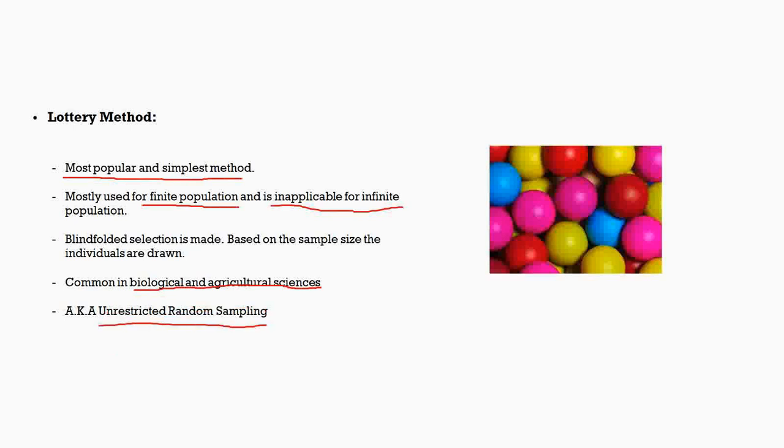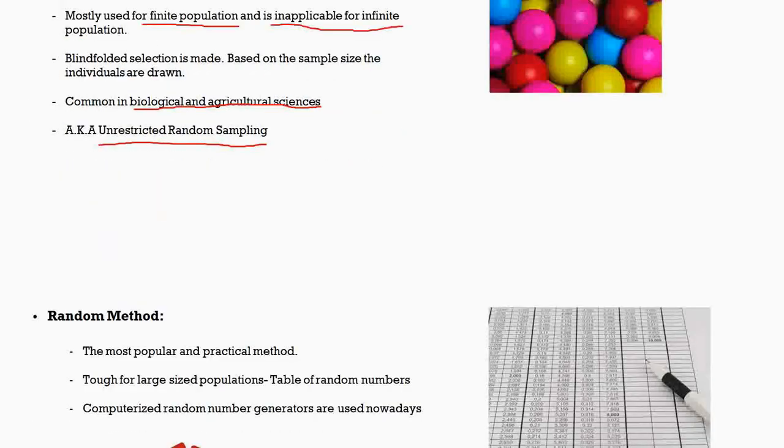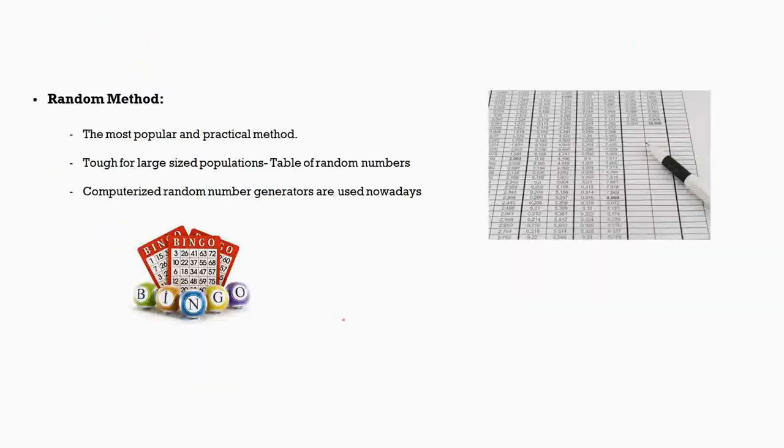Okay, so next let's move to random number method. Random numbers are also regarded as one of the popular methods and is a very practical method, but it is not possible for large size population because we need to draw a table of random numbers. What we do here is we randomly number all the individuals of the population and make a table using them, and the table will be such that it will be a probability based table. Like, we'll not just include one item in one column, but we will be including two or three items in one column. Okay, and then the selection will be made.